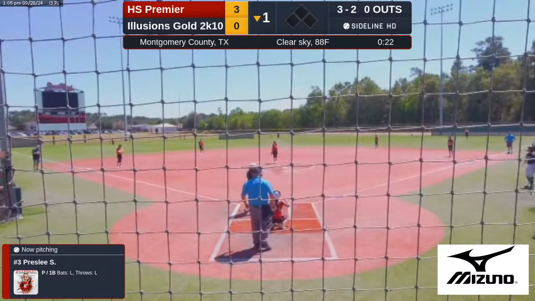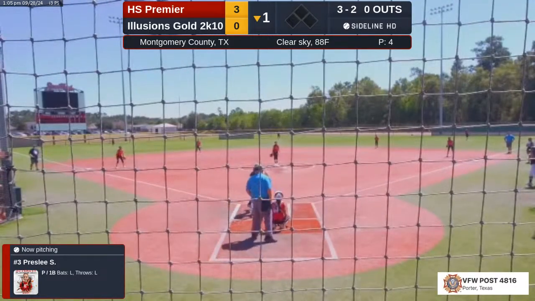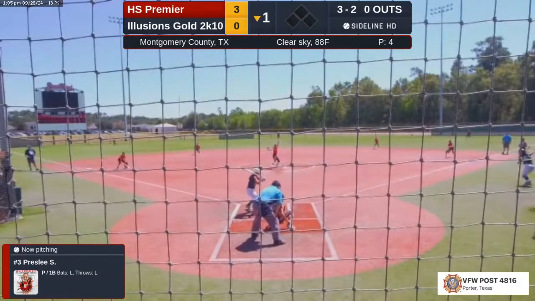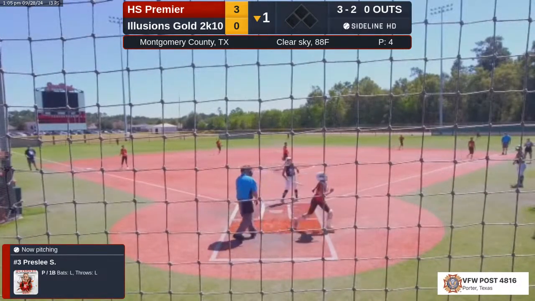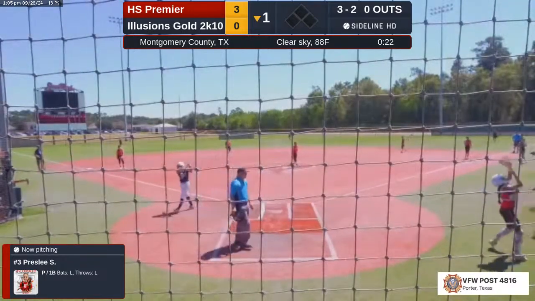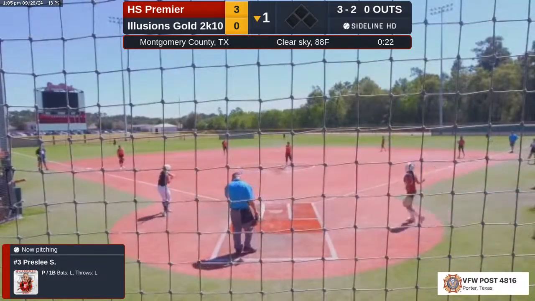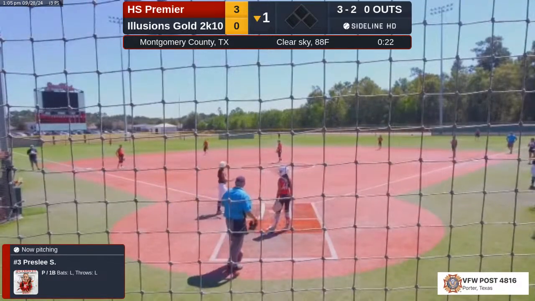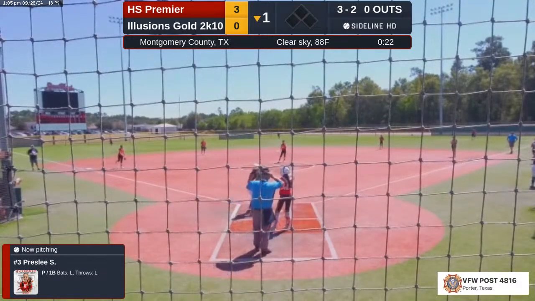Olivia Diaz is your shortstop. And Abby Beceda is over at third base. Got another one fouled back. In the outfield, you have Kendall White in left, Kylie Bruning in center, and Kinsley Schulte out in right.